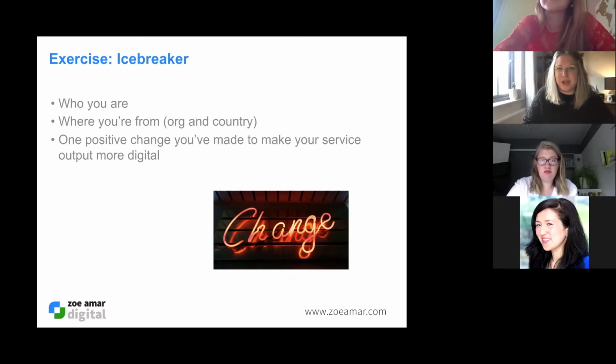I will give you a couple of minutes to type this and have a read of everyone else's comments just to see who we've got, what sorts of organisations are in the room, and the sorts of services you're all working on. So I'll give you a moment to type that into the chat box. If anyone's having any trouble with that, raise your hand and we'll help you out.